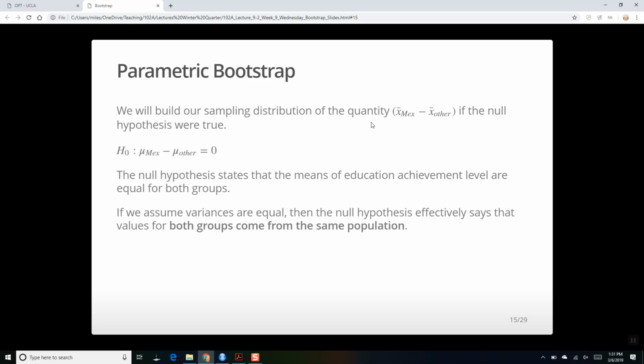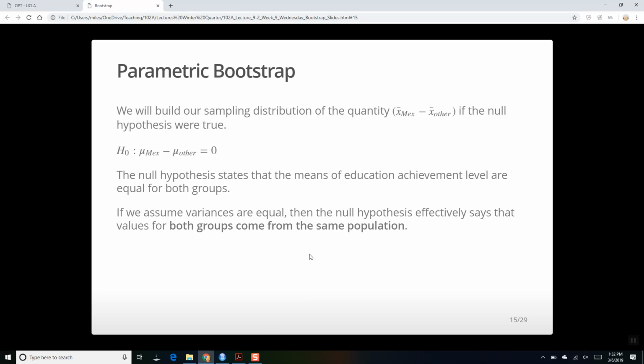And so the null hypothesis says that the education achievement levels are equal for both groups. And if this is the case, and if we assume that the variances are equal for both groups, then the null hypothesis effectively states that the data for both groups come from the same population. That my sample of education achievement levels for Mexican immigrants come from some unknown population, and the values for the education achievement levels of other countries come from the same population,